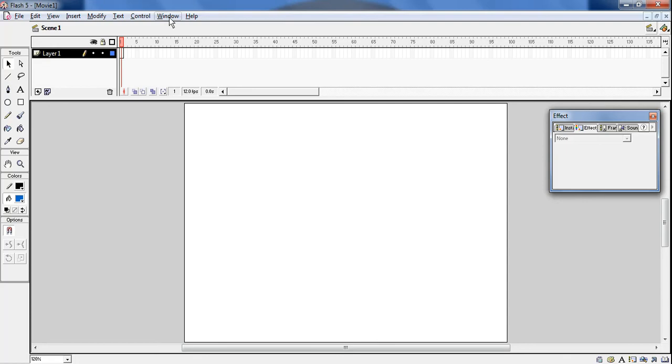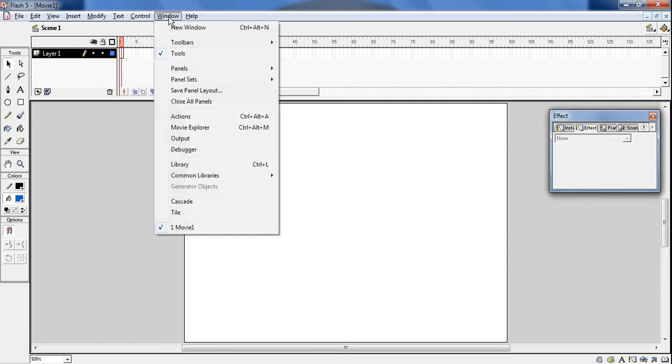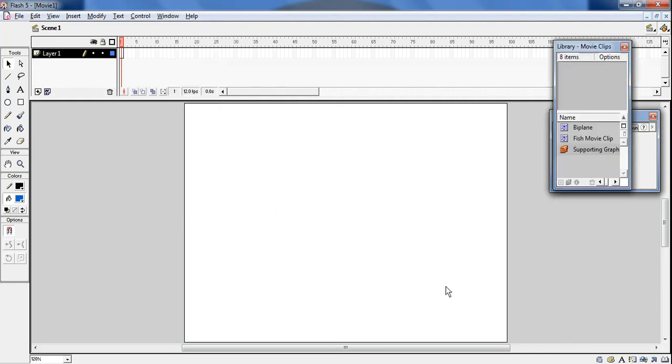For that, what we have to do is start Flash and go to the Window menu, Common Libraries. In Common Libraries, go to Movie Clips. In Movie Clips we'll have the biplane symbol. Can you see this biplane here? Yes, click on it. Now as I told you earlier, the biplane itself has its motion effect where the fan of the biplane is moving. How will you come to know? You can click on this play button. See this fan motion effect, can you see this? Yes. Now we will take this biplane onto the stage by clicking and dragging it over.